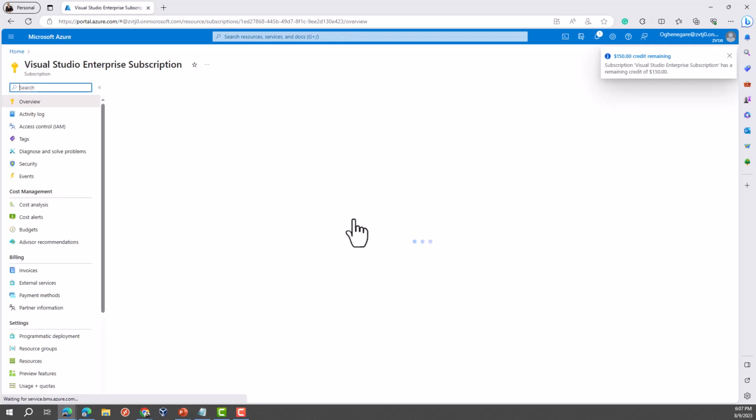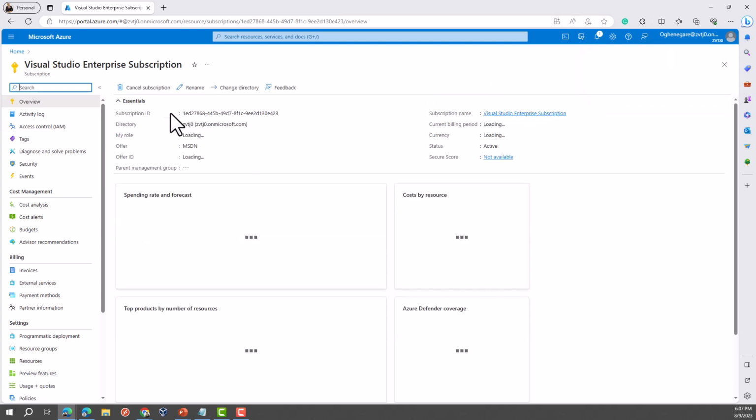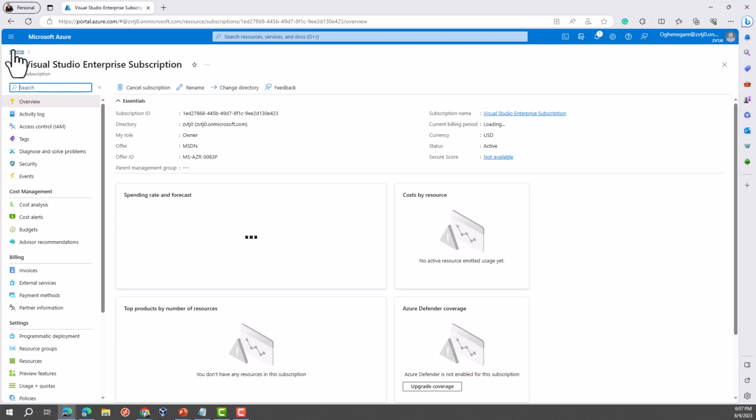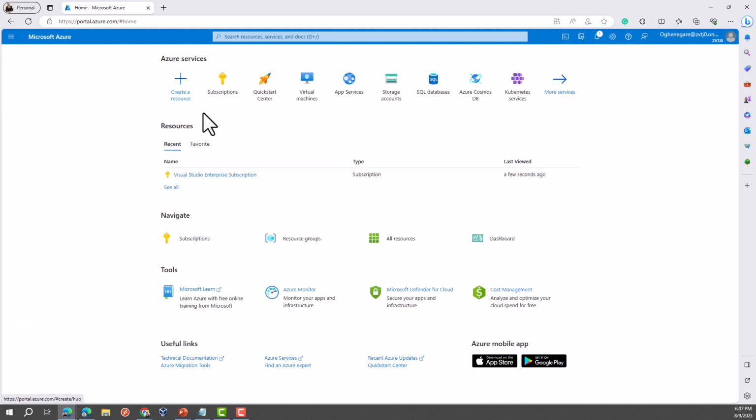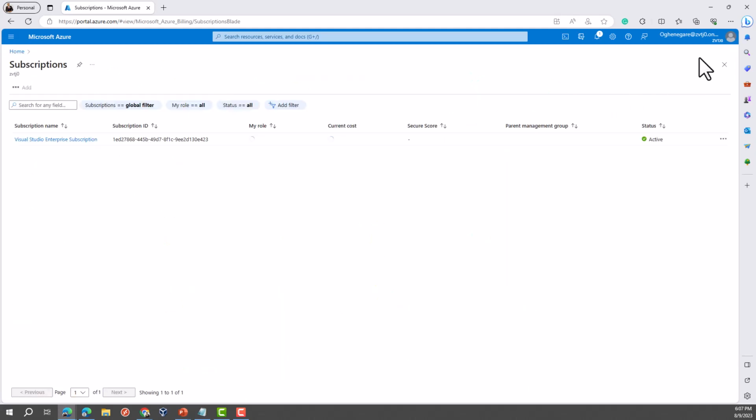So we can see in our destination directory, just seeing this alert alone tells you that there is actually a subscription here. It's still taking time, so the movement is still happening, because I refreshed immediately. I noticed that the subscription is no longer there. So if I click on home, click on subscriptions, in our directory, you want to confirm the directory again,